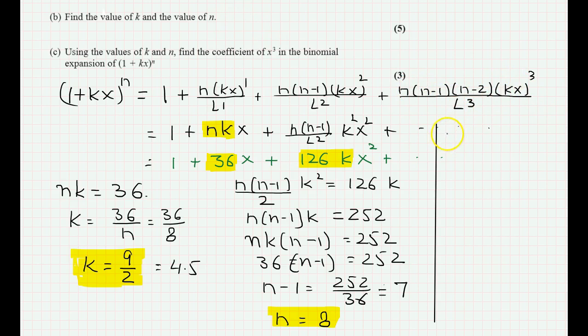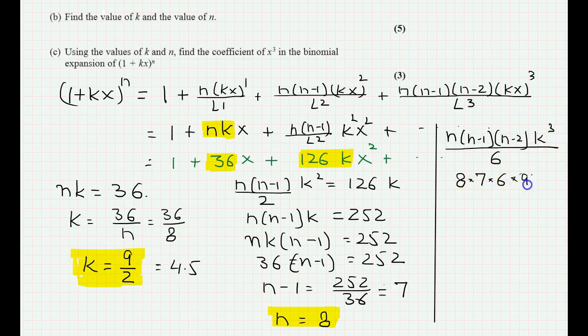So this one is n minus 1, n minus 2, k cubed over 6. So n is equal to 8, n minus 1 is 7, n minus 2 is 6, k cubed,